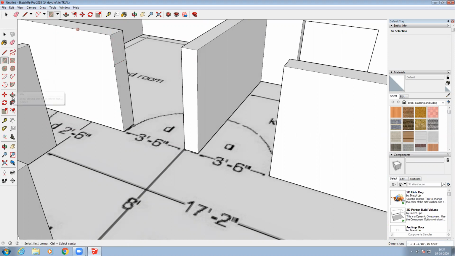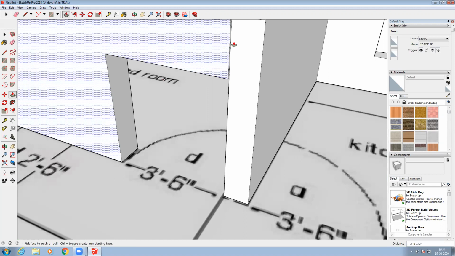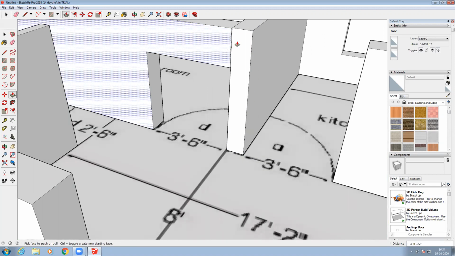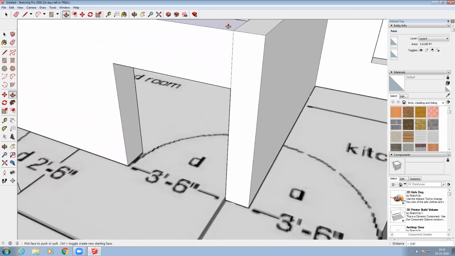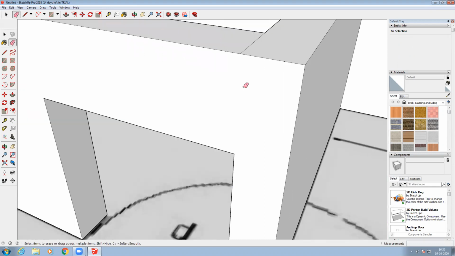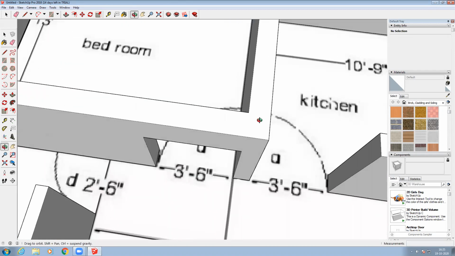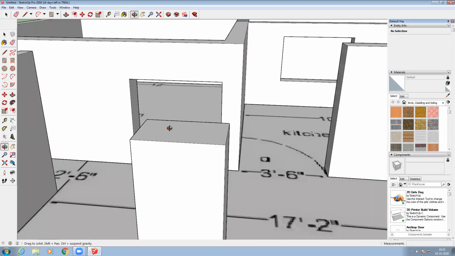I'm going to close this upper part somewhere up to here. Okay, like this, here one door I am going to fix.